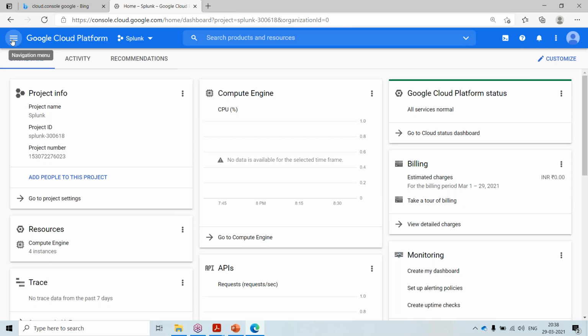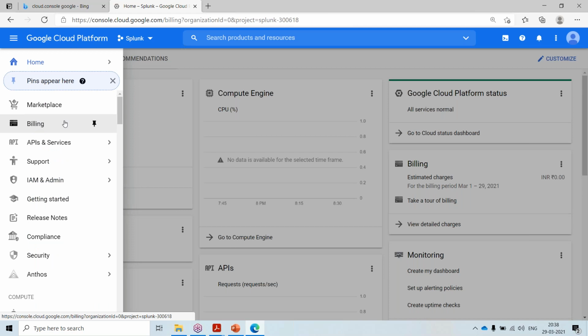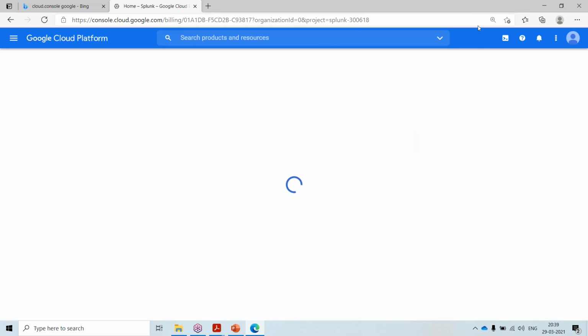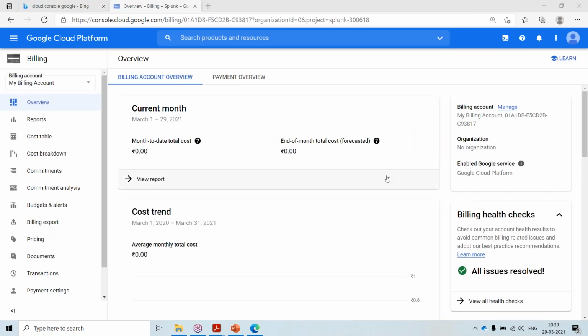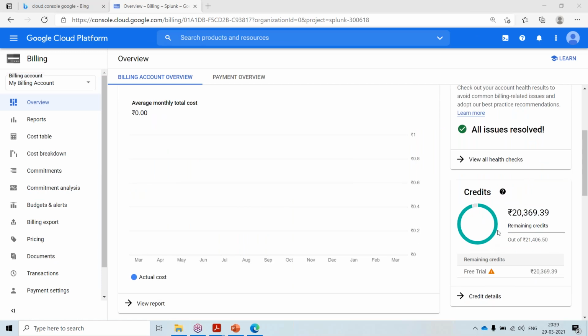In Google Cloud, if you see billing, whenever you create a Google account, they will give you some credits, some 21,000 rupees, and this can be used for 3 months. I often use this for class.